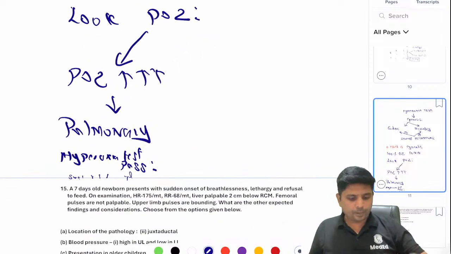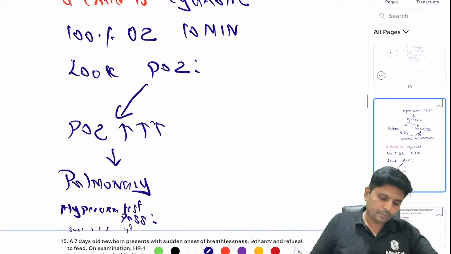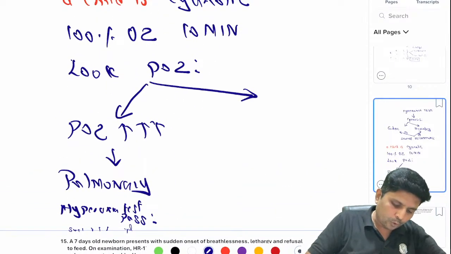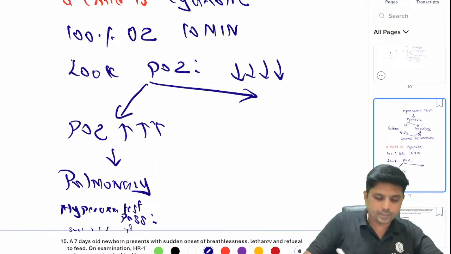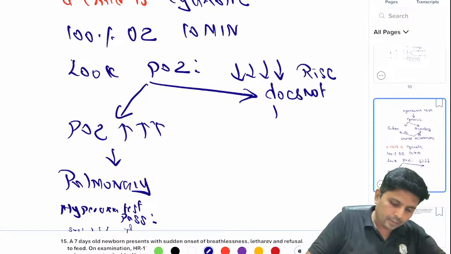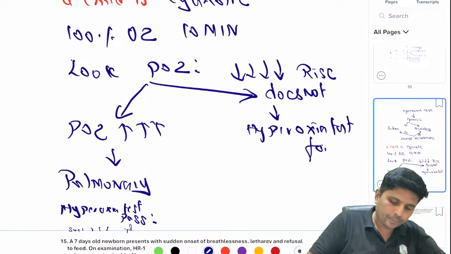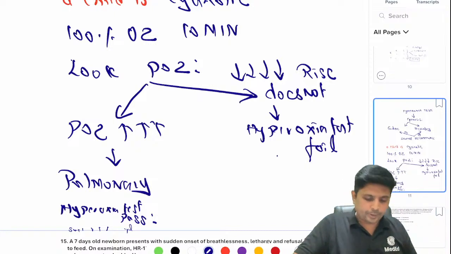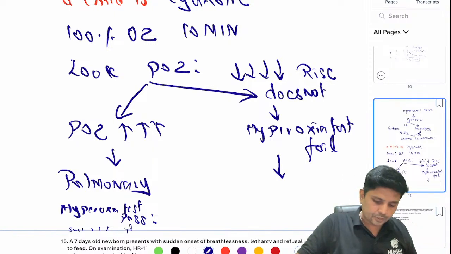When your PO2 doesn't rise, then it is hyperoxia test fail. Then this failed hyperoxia test is suggestive of